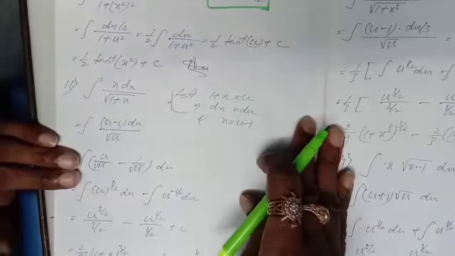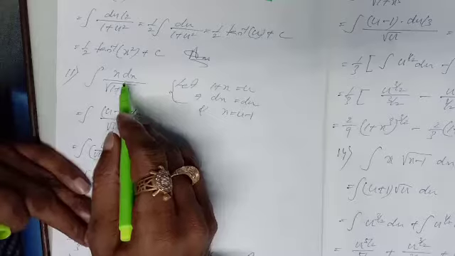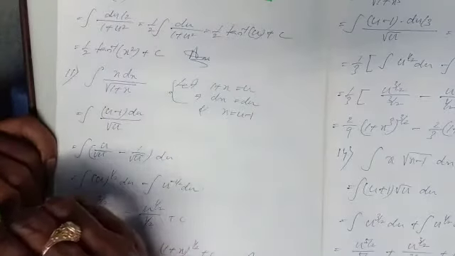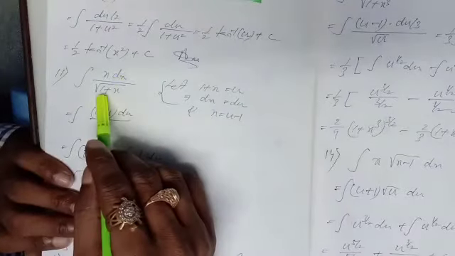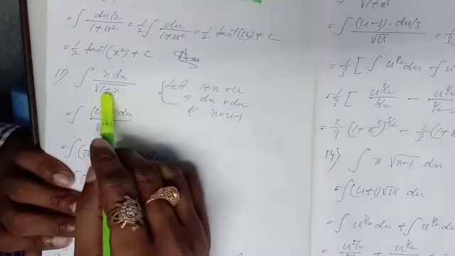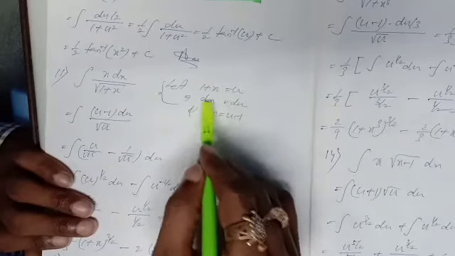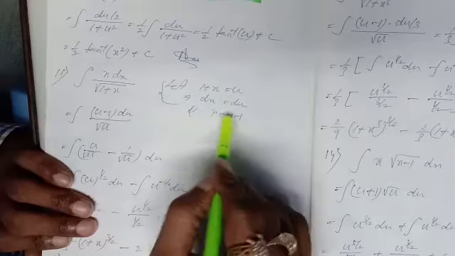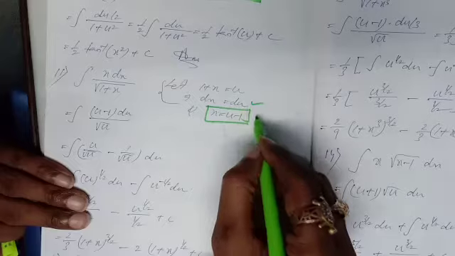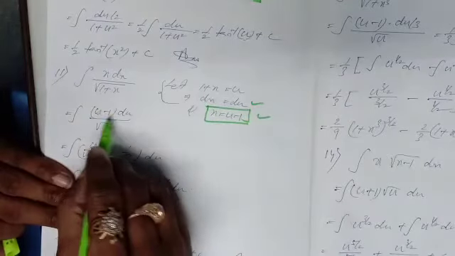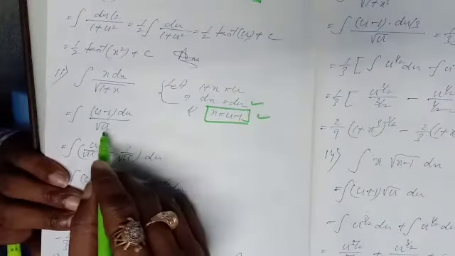Let us go to number 11. Question given, integration x dx by 1 plus x root over. This 1 plus x root over you have to take as u. So differentiating both sides, dx will be du. That means x will be how much? u minus 1. This x value you have to substitute here. x dx means u minus 1 du, dx equal to du, all the function converted into u form.